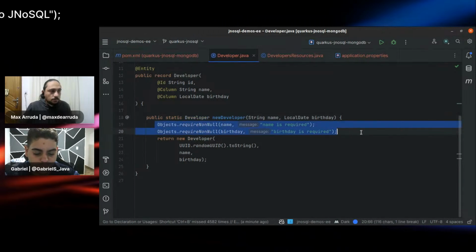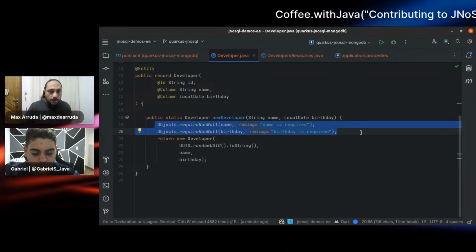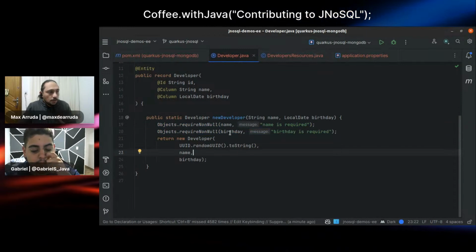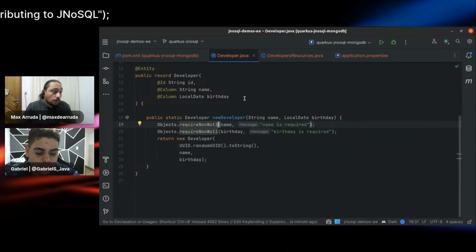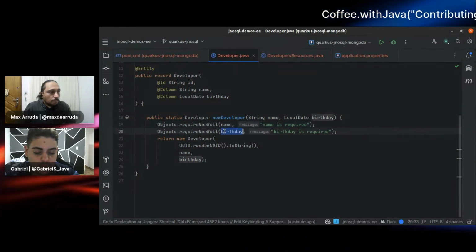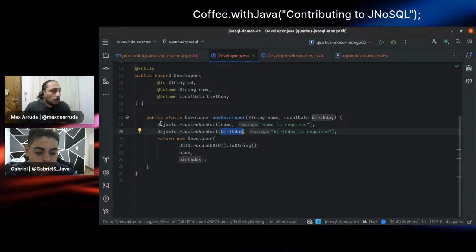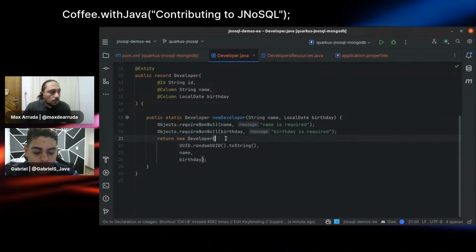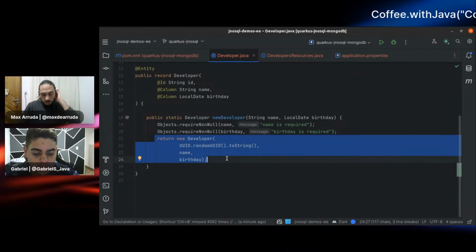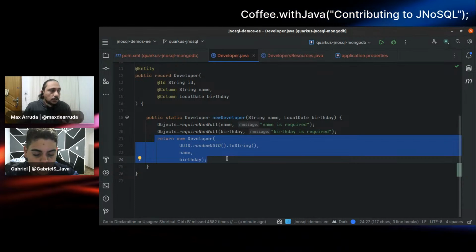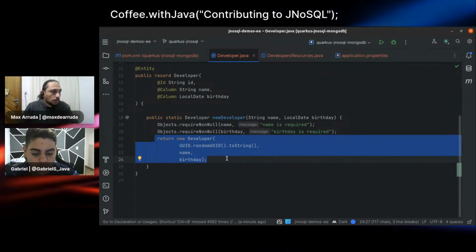Also, you could add some validations when we are using this kind of method. Right here, I just put some validations on the attributes that come from the argument, so you can see that the name is required, the border is required too. With that, we guarantee that our entity will be created in a consistent way, and the state of our object will be stable, in a good shape